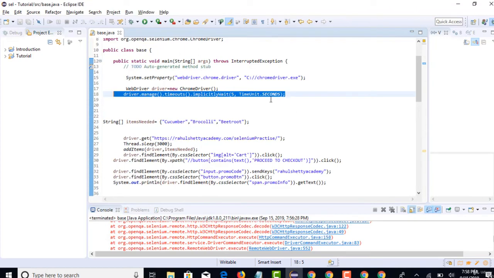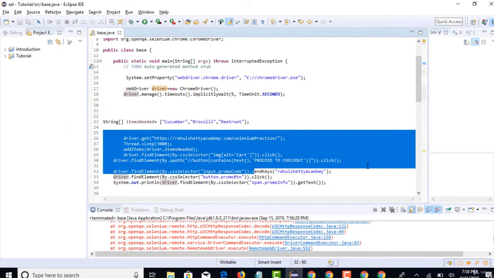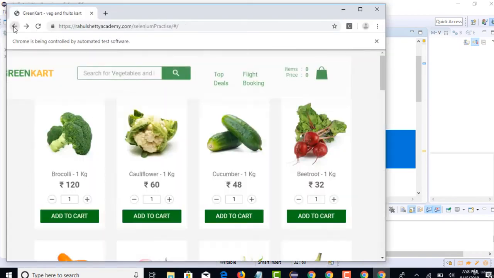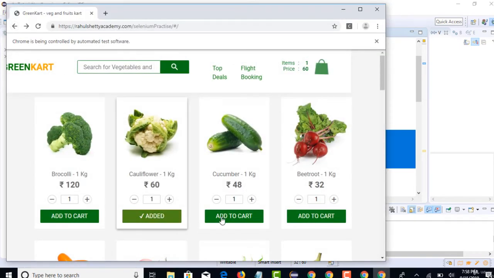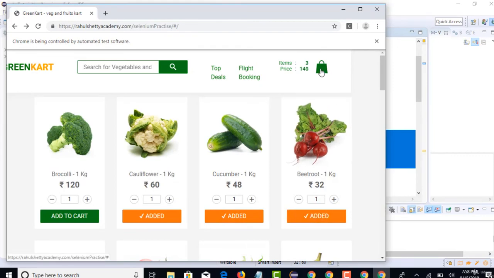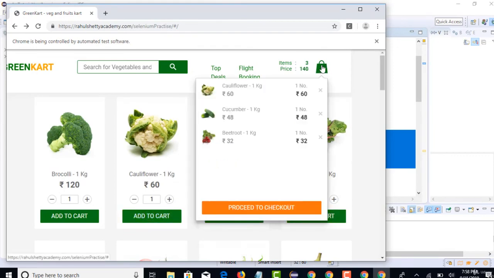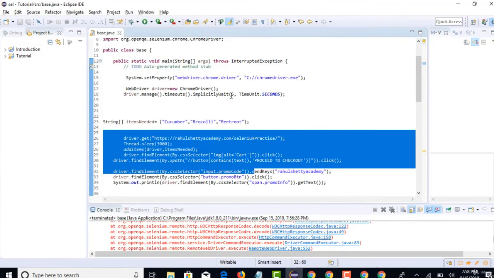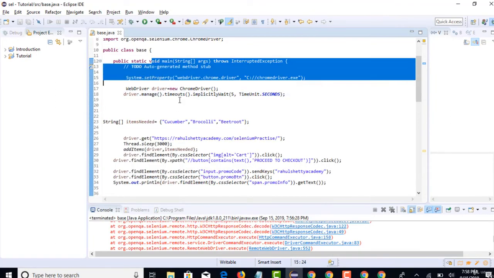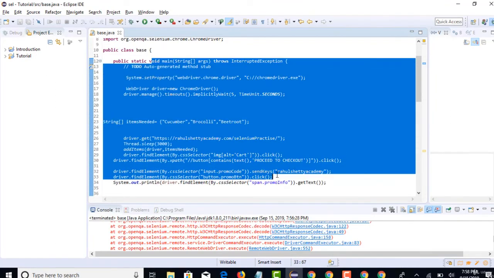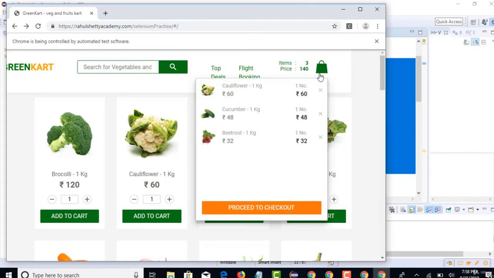is this: we were saying 5 seconds, and this 5 seconds is being applied to each and every line, right? Let's say in your client requirement, when you add items to cart and try to select this image, it should display immediately. That's the requirement. And somehow it's taking 5 seconds to display, which is not correct. But by making this implicit wait 5 seconds and applying it to every step in your test case, this bug is being hidden, isn't it?